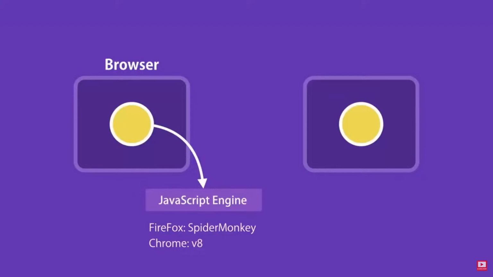Alright, enough theory, let's see JavaScript in action. So every browser has a JavaScript engine, and we can easily write JavaScript code here without any additional tools. Of course, this is not how we build real-world applications, but this is just for a quick demo. So open up Chrome, right-click on an empty area, and go